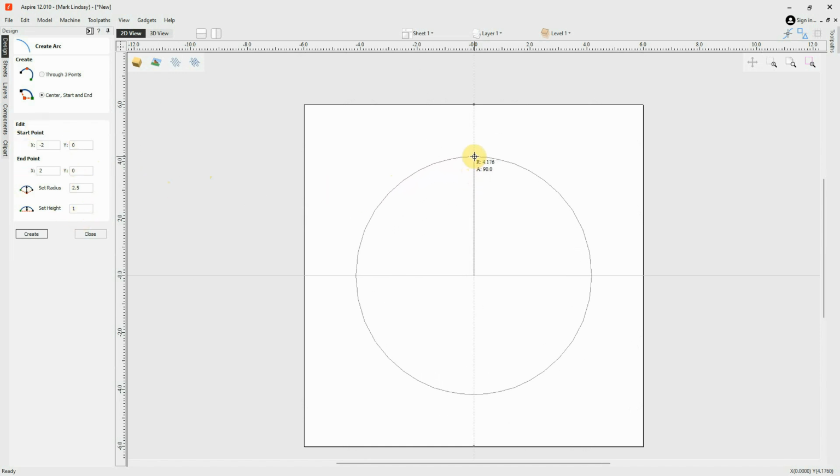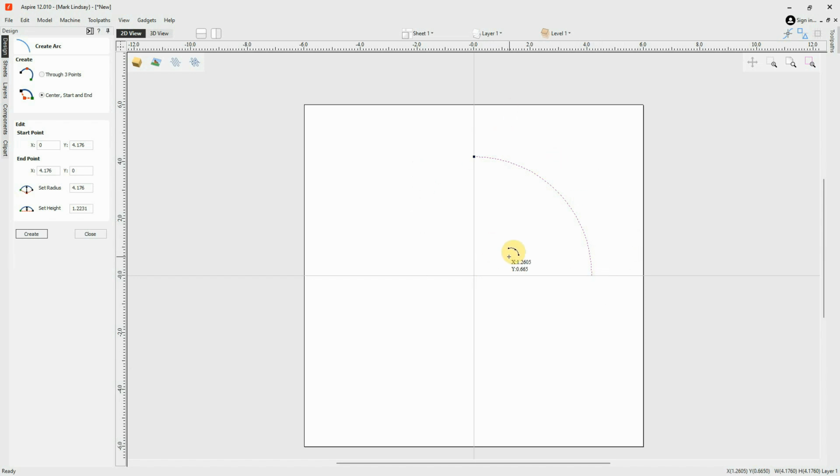So if I come up here by eye and I say that's about the size of the arc I want, this is my start point. I click, and now I can either come down this direction to set my stop point, or I can come back around in this direction. But notice whenever I get to directly opposite my start point, it switches to the other side. So that's something to be aware of. If I come down here and decide that I want this 90-degree angle, I'll just click, and there is my